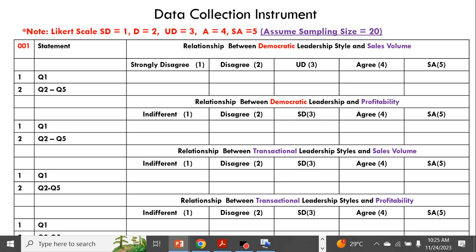So thank you, and we hope that we've been able to shed a little light on how you code your hypothesis and transform it into a data collection process for SPSS to analyze. Subsequently, we are going to do a practical example using SPSS based on this data we must have generated.